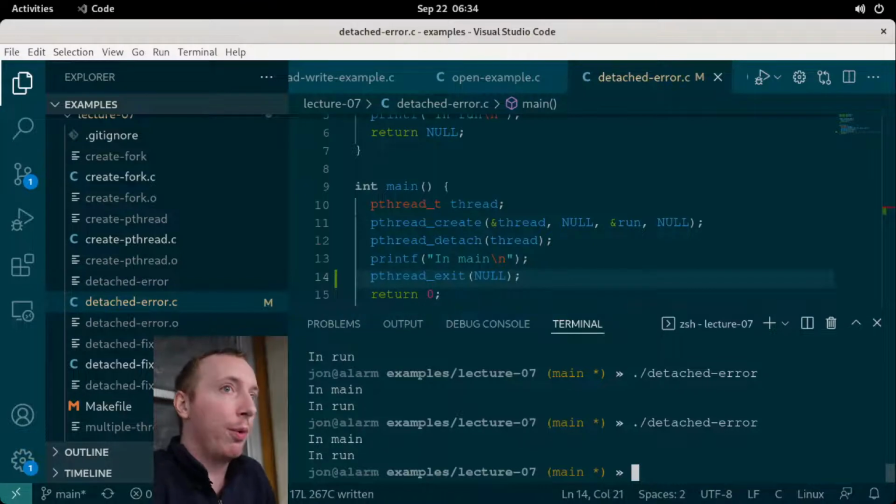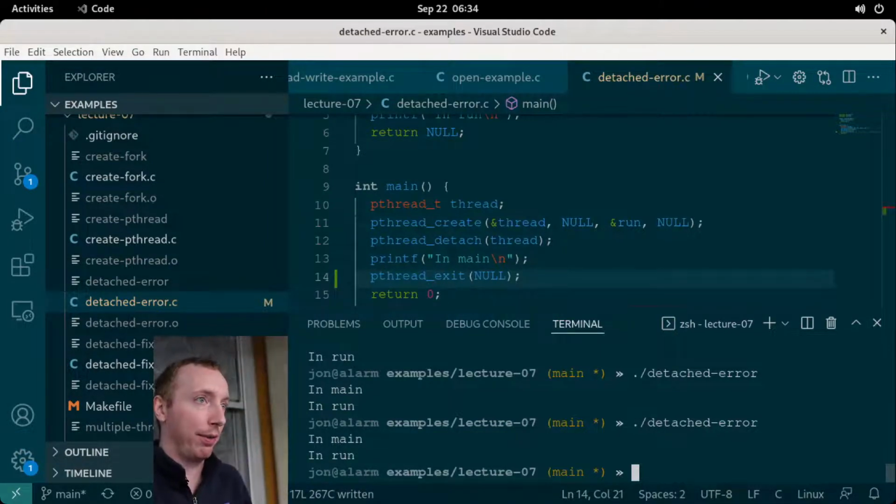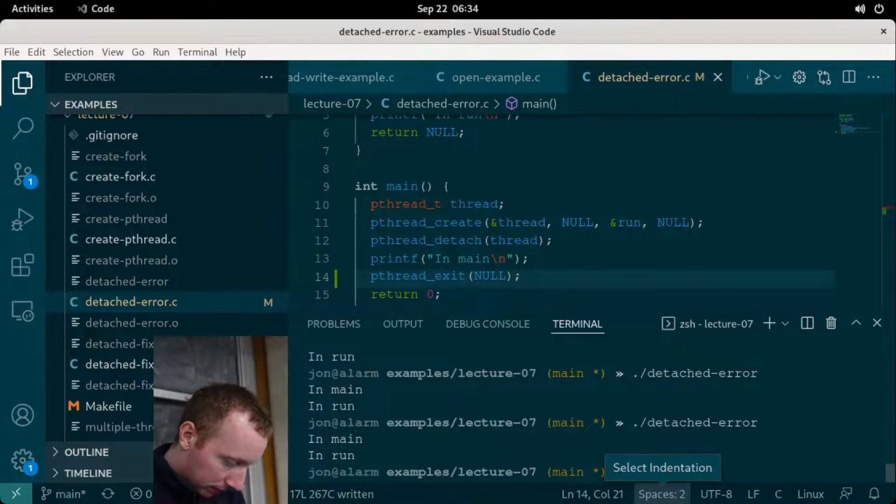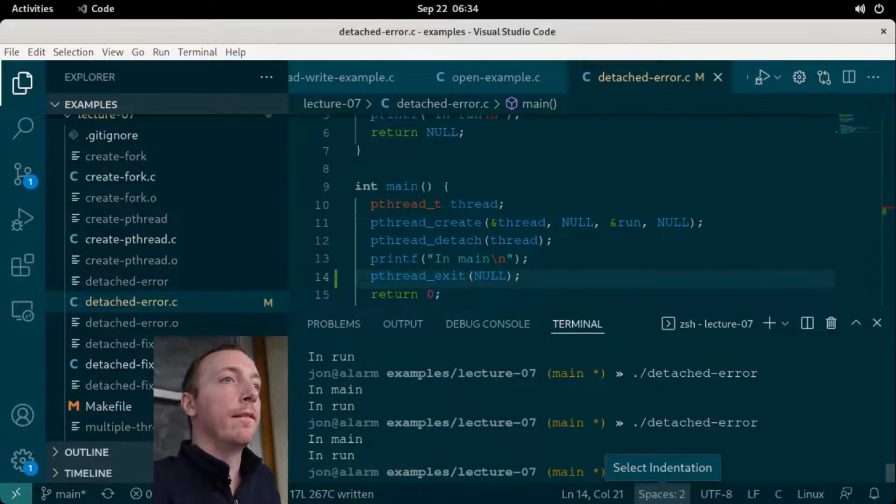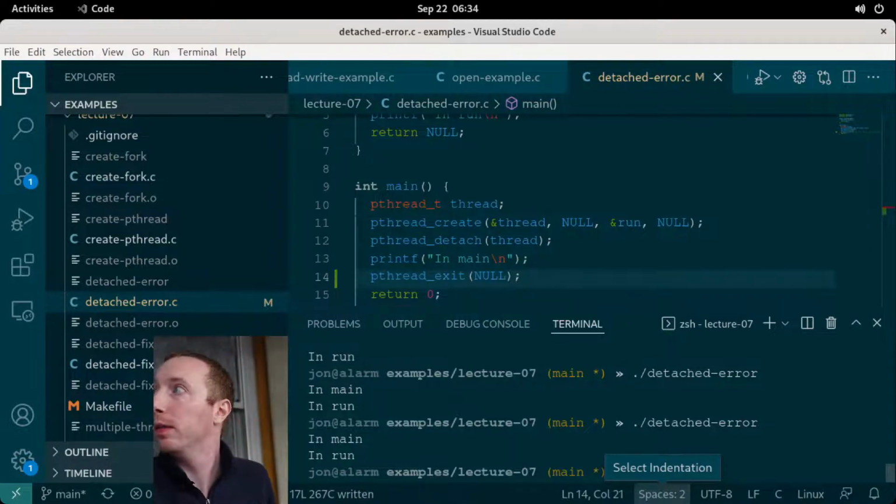So that's one thing you have to be cognizant of when you have detached threads, because if you don't join them, you don't know when they die, and they could not be dead yet by the time you exit the main thread, in which case the process dies, all the threads die. Yep. So here, every time the print statement in the main